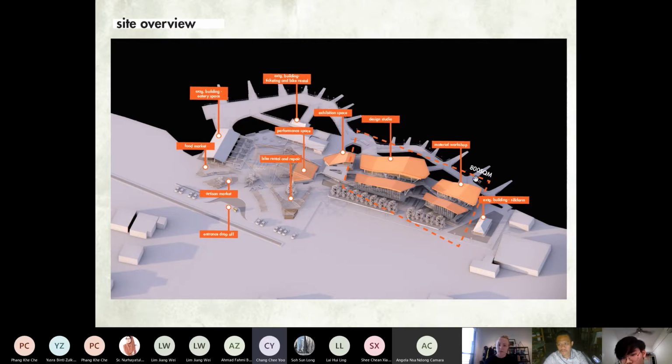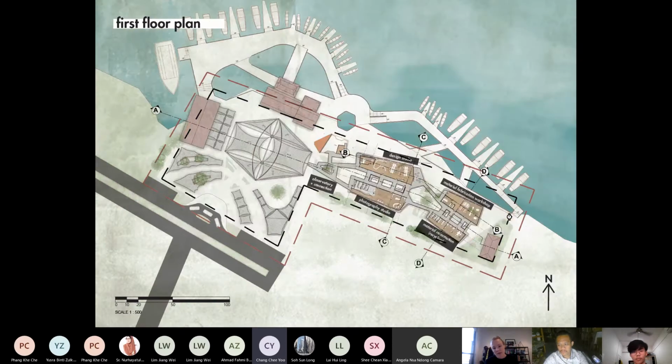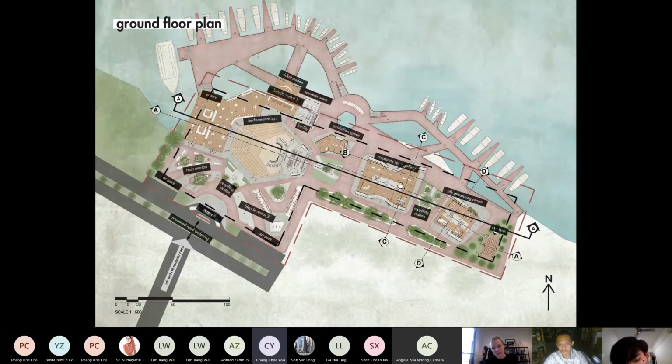And then the 800 square meter space over here is the design studio and also material workshop. And lastly, we have an existing building, which is the silk farm. So this is the site plan. Okay, and then move on to, sorry. So over here is the commune space, the gallery, and also the 800 square meter building, which I will show in a more detailed plan later.